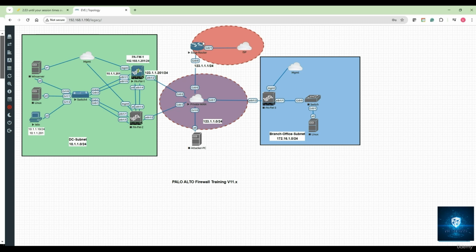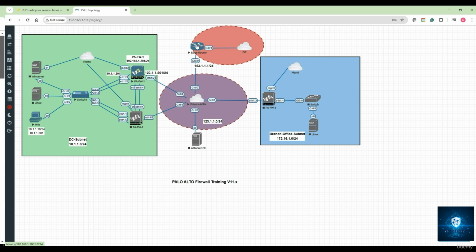Okay, so I'll show you the configuration that we will be performing on the edge router, what IPs you normally configure, and what are the various steps you should take to configure the edge router, and likewise. Okay, and we will be doing the other firewalls like PFW2 or PFW3, doing multiple configurations on those slowly, one